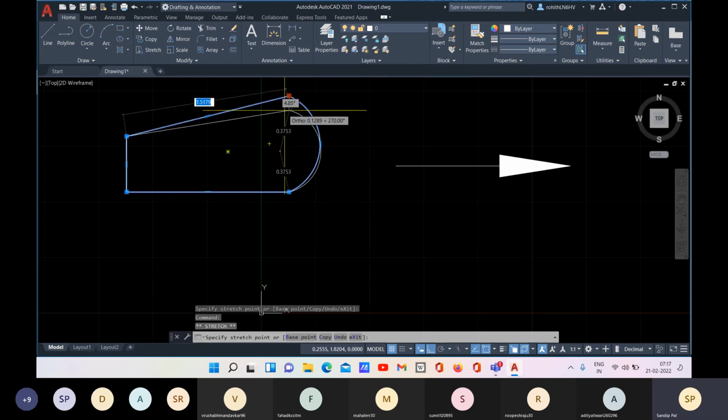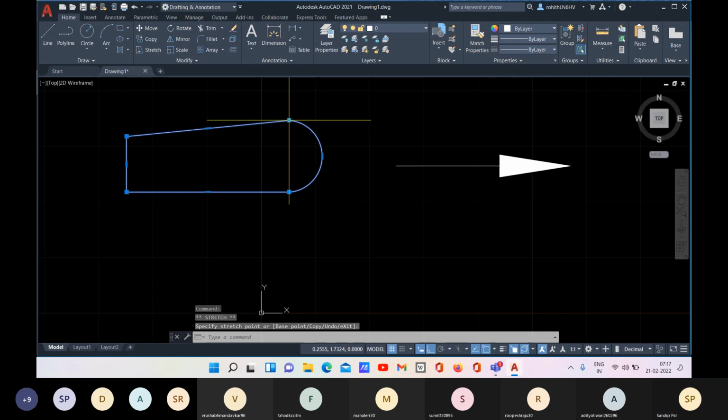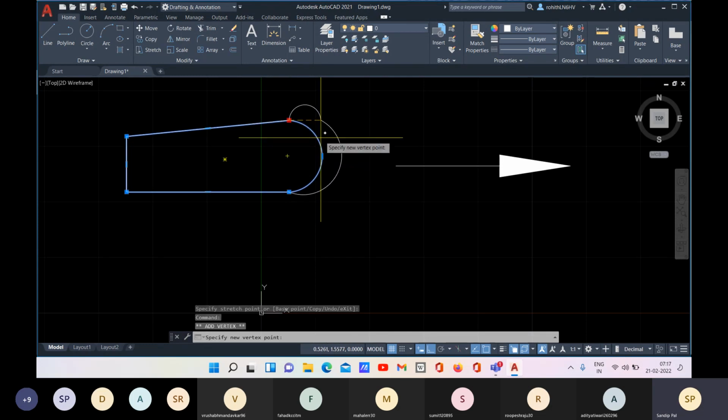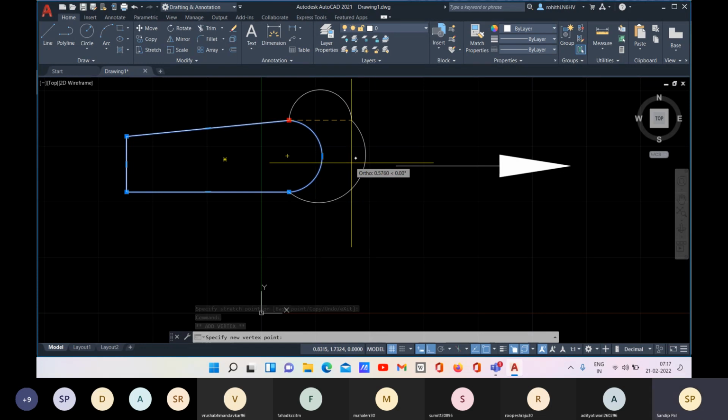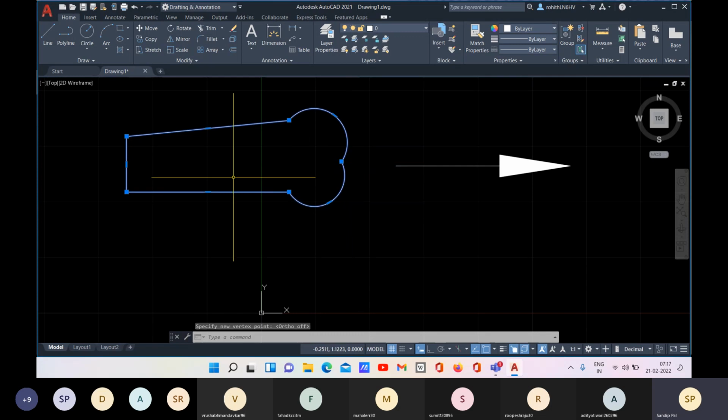We normally do this. Just click and drag. Don't hold the click. Just click and drag. Now, if you want to add a vertex, it will add another vertex here. And if you go without ortho mode, it will place like this.